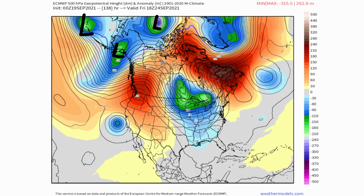You also see that happening over Greenland. You have two low pressures right here. They're rotating around each other. And the only difference is that now this is happening further to the south, where typically that's going to stay confined to the Arctic regions. So areas in northern Alaska, the parts of northern Greenland, the Siberia, that's usually where that's going to take place. But this time, it's happening all the way down in southern Canada and the United States, and that's going to